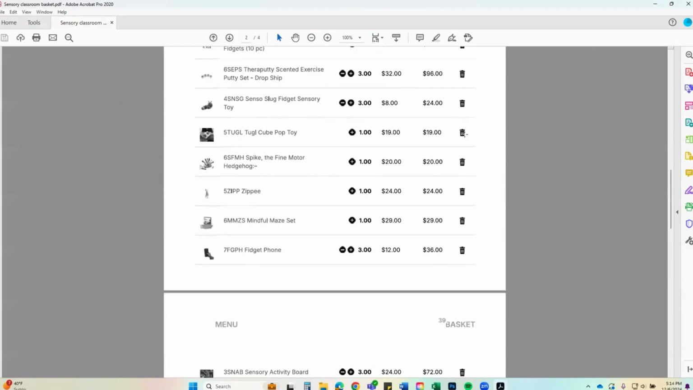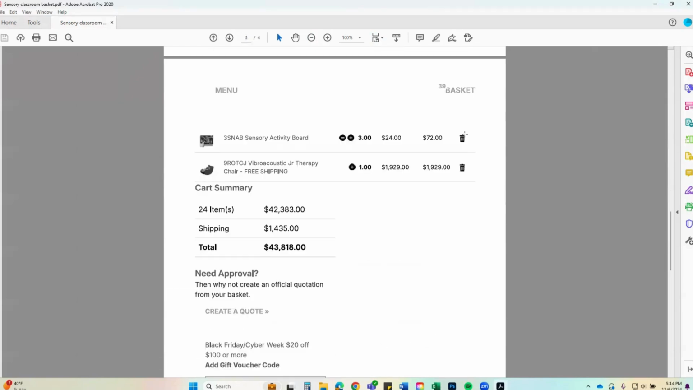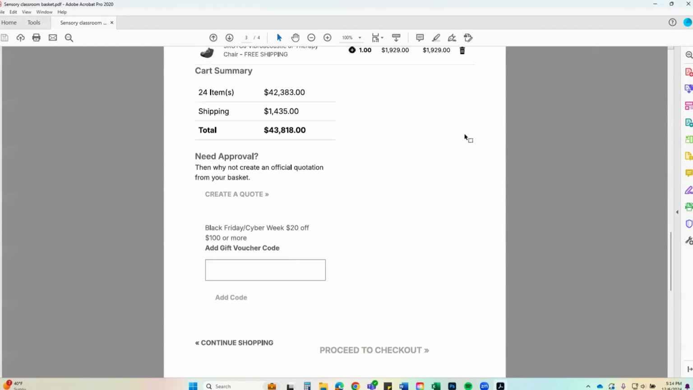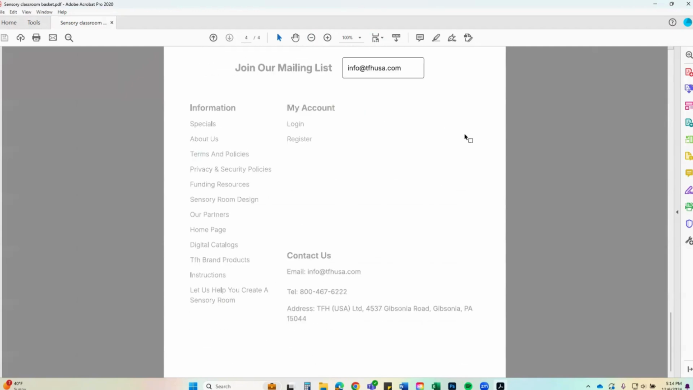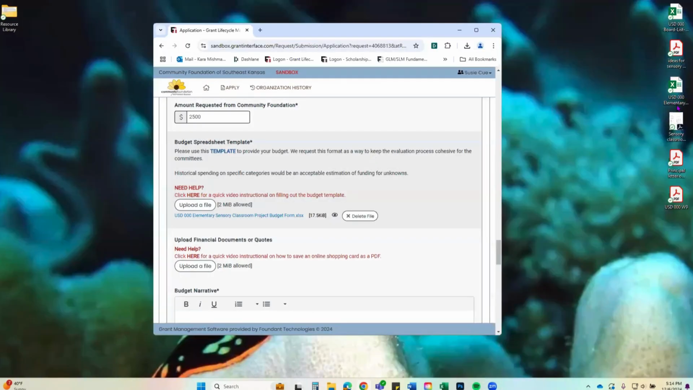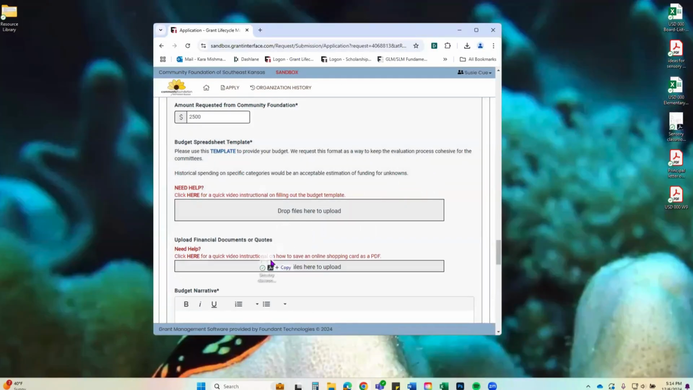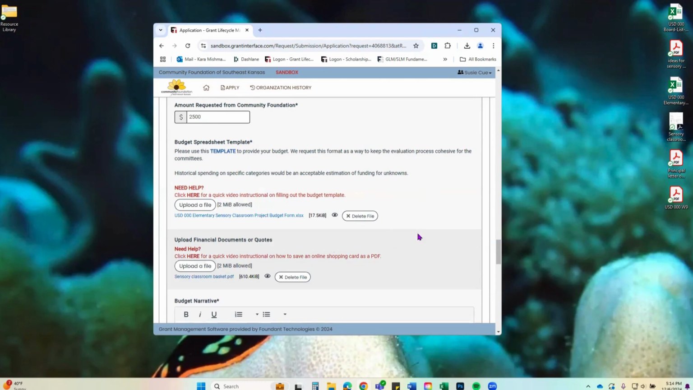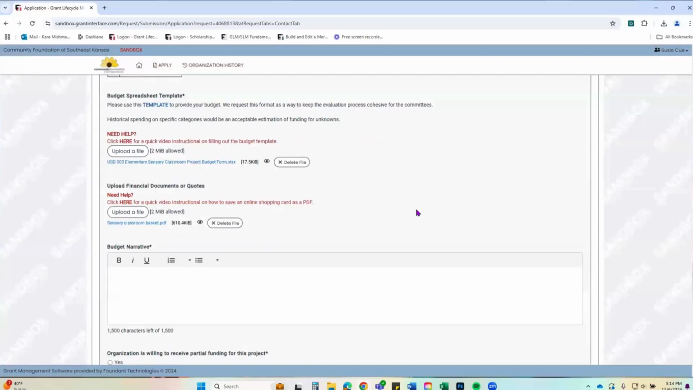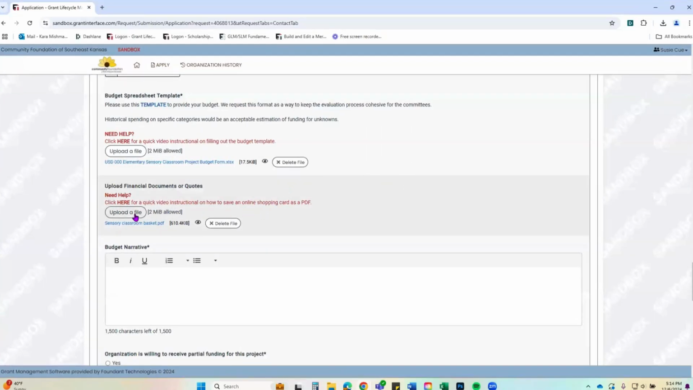And she's shown every item that she is planning on purchasing for this room. And then it has the website information. So we're going to take the same thing, drag and drop her cart. And then another thing that she's going to explain on her document here,